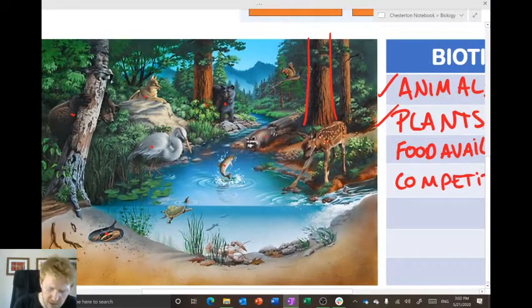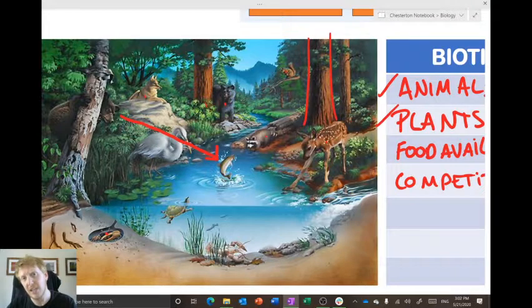Let's try and do this next one, which is looking at food availability. If you look at this bear, you'll see a very intense staring match with this fish, and that's because the fish is dinner. And so the bear, a biotic thing or a living organism, can eat the fish, another living organism, for dinner. And that two living things interacting is going to be a biotic interaction